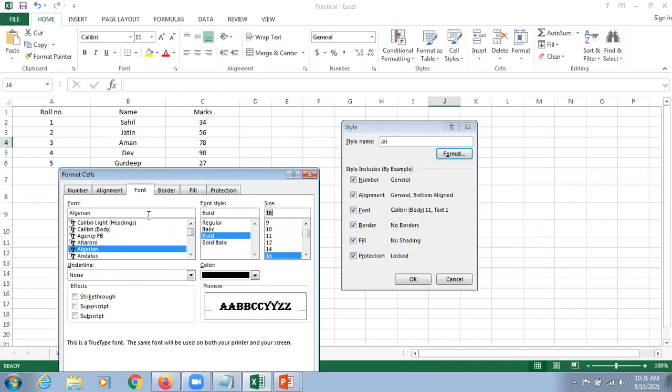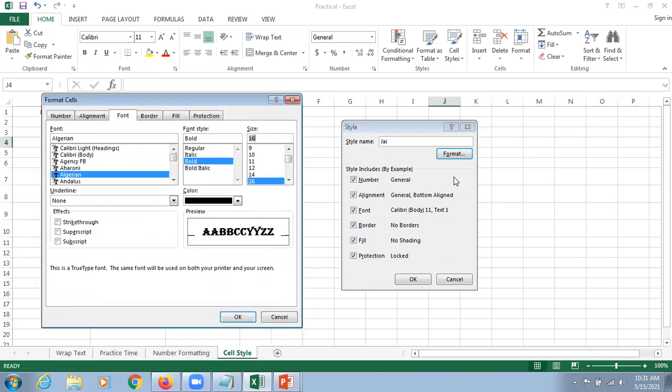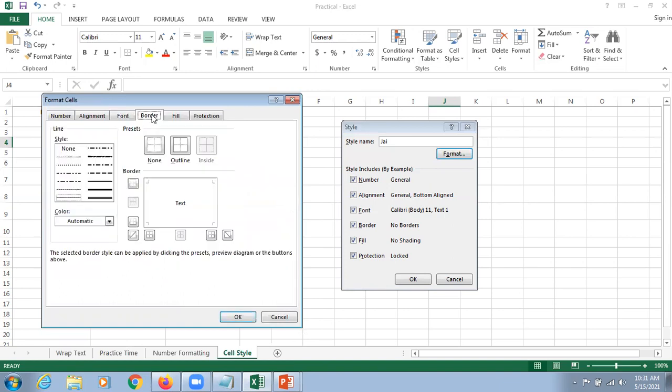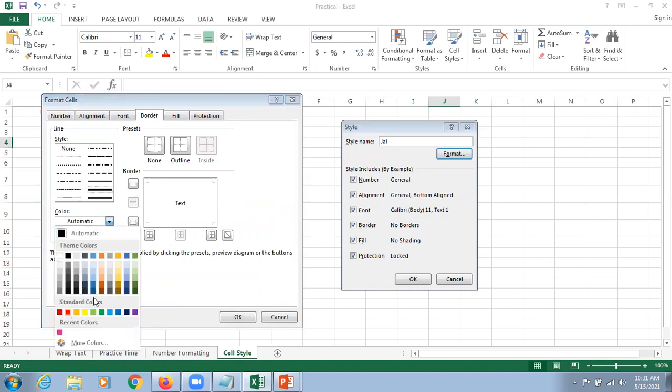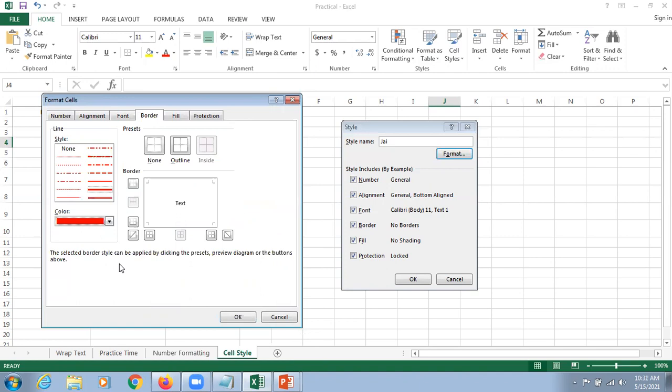Okay, sir, perfect. Sir, but nothing is going to be displayed here. Okay, no problem. Each and everything is being mentioned, no problem with that. After that, if you want to select a color, you can select, no issues with that. We can select a blue color here, borders. Select any of the desired style, any of the desired color. I'm just selecting a dark color because this is easy to visualize or identify. So we can click outline here. So it means the outline border is going to be added here.